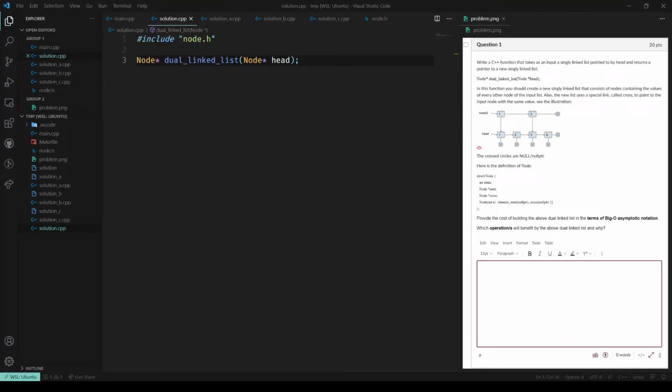Okay, everyone. So you just finished up exam 2, and I think you'll agree it was kind of difficult. Let's talk about something that a lot of people had problems with, which was question 1. Okay, so question 1. We need to write a C++ function that takes as input a singly linked list pointed